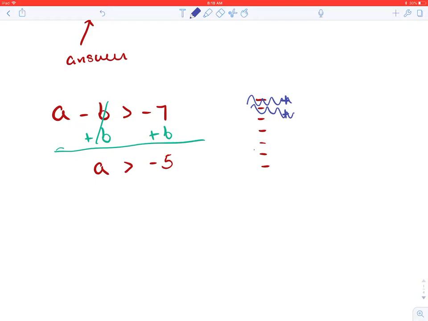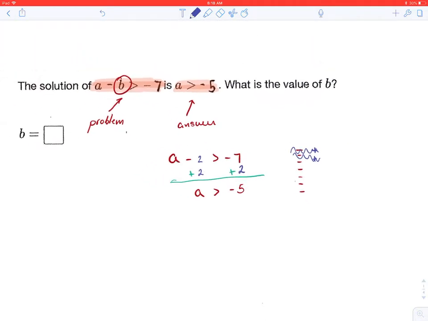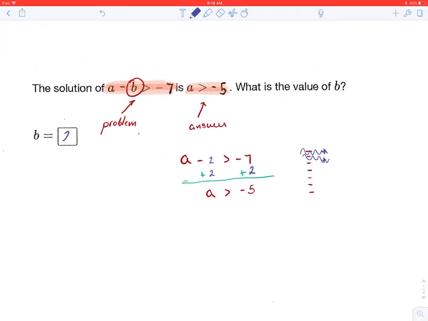So you would have -7 plus, and then we wanted to add 2 positives, so it would be -7 plus 2. And so we're going to exchange all the values of b for the number 2 and say that b is equal to